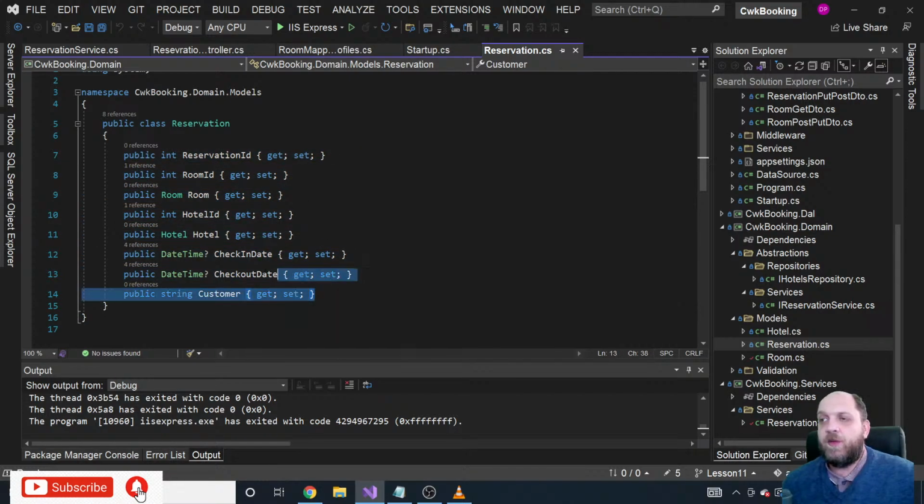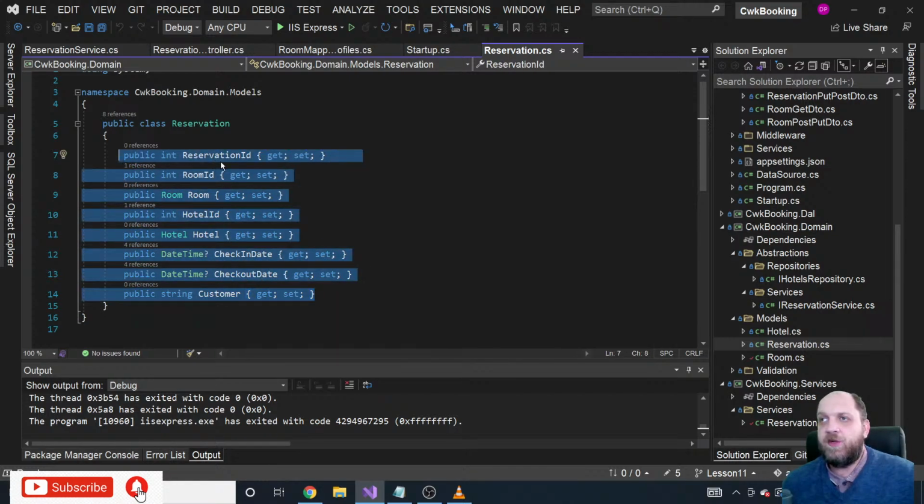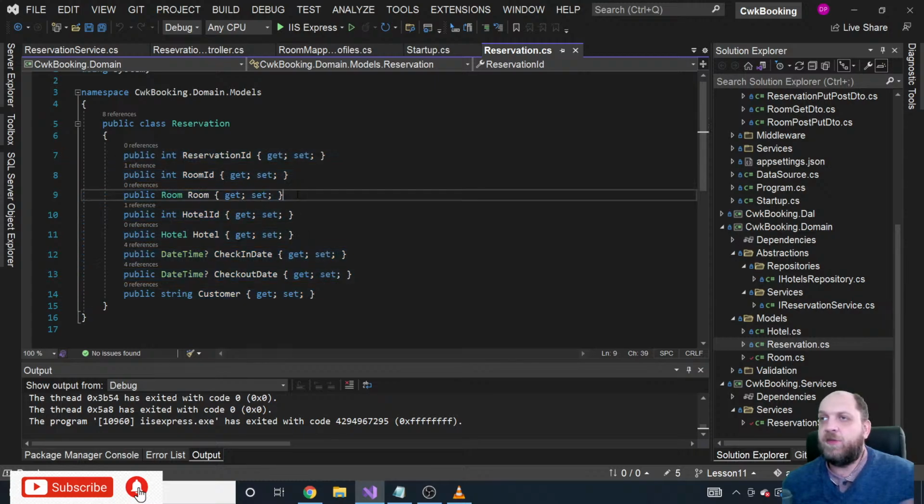So we see that we already have a reservation object here, so there is no requirement that we should add something else to those properties. Now we need to get a reservation by its ID, and we already have a property that is called reservation ID. So in this case, we can actually leave this domain layer alone because we don't need to perform any